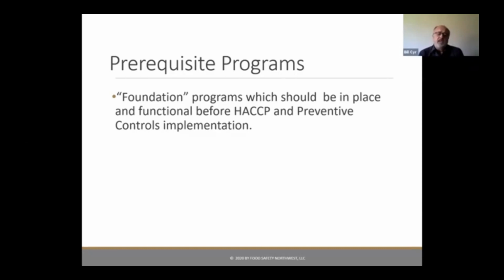So the procedure of dating everything and visual inspections becomes very important as part of your foundation,